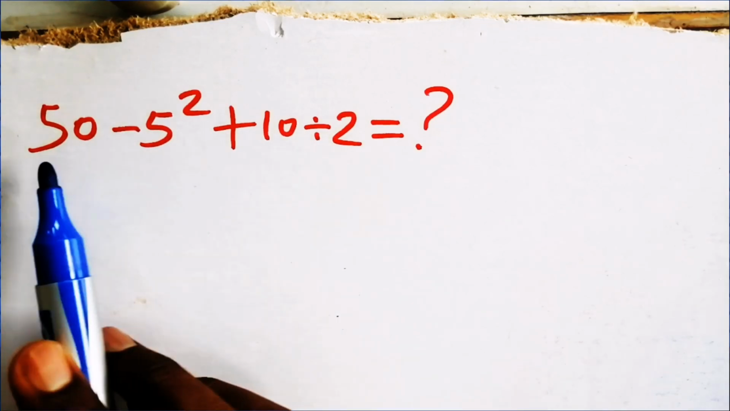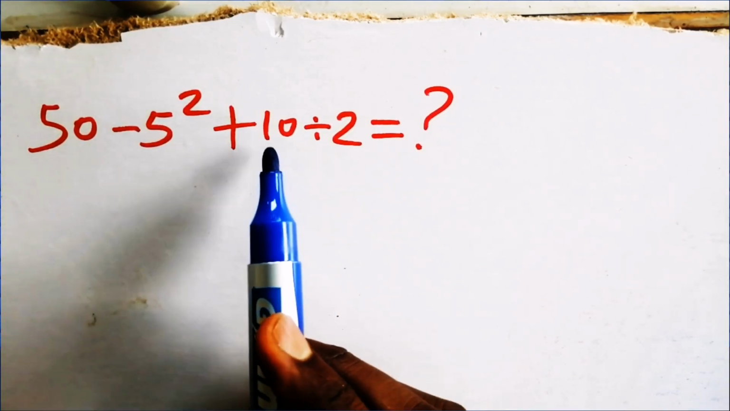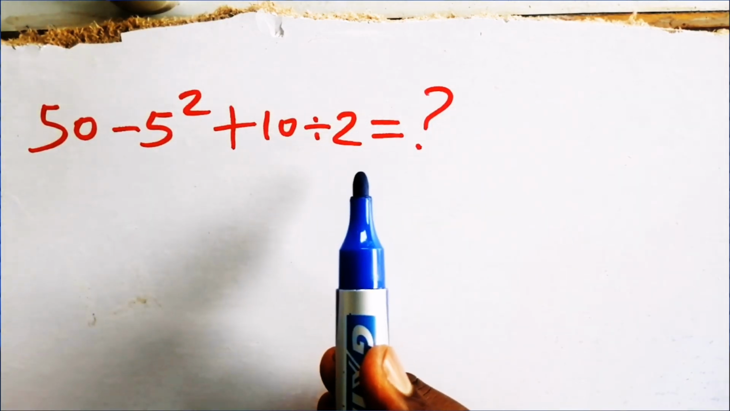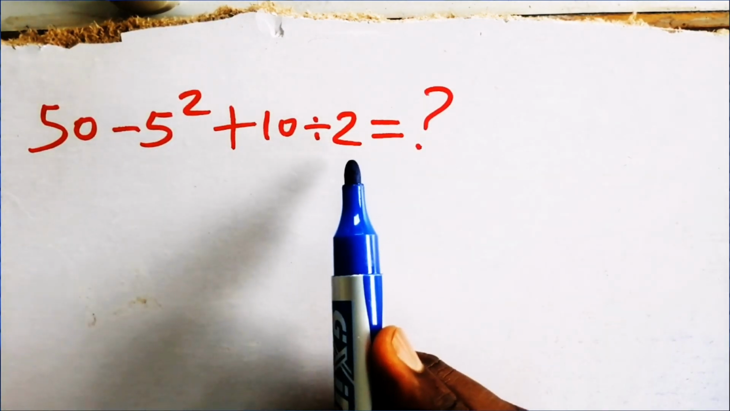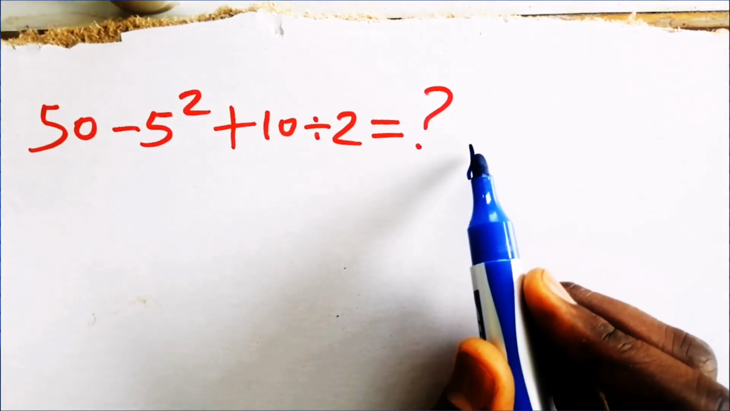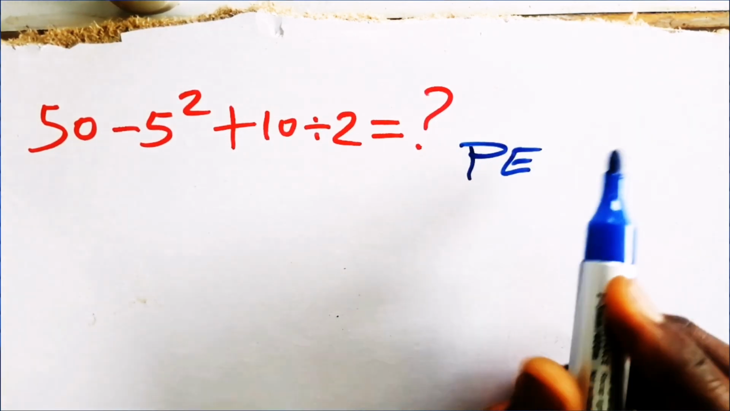To do the correct answer of this problem, okay? 15 minus 5 square plus 10 divided by 2, which equal to how much? Are you ready to do the correct answer of this expression? Okay. In order to do the correct answer of this expression, first we have to follow the order of operation,